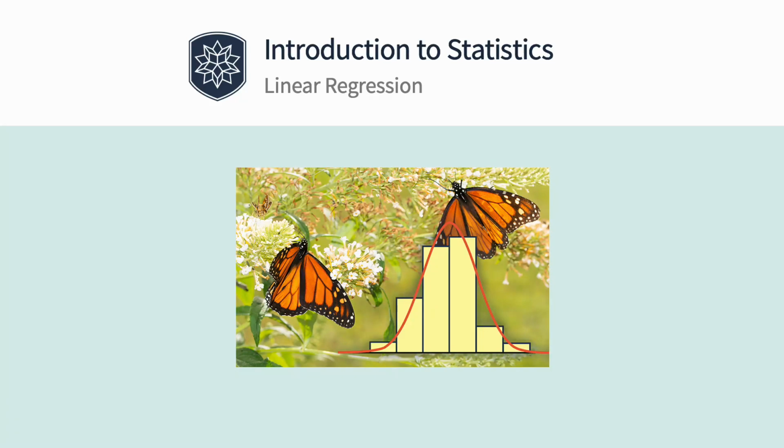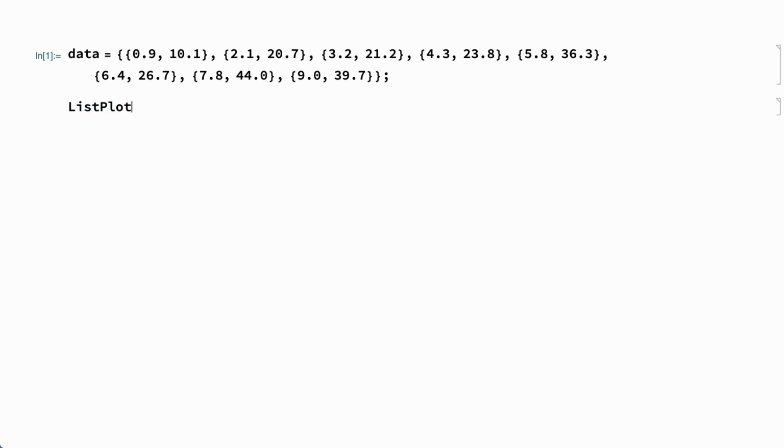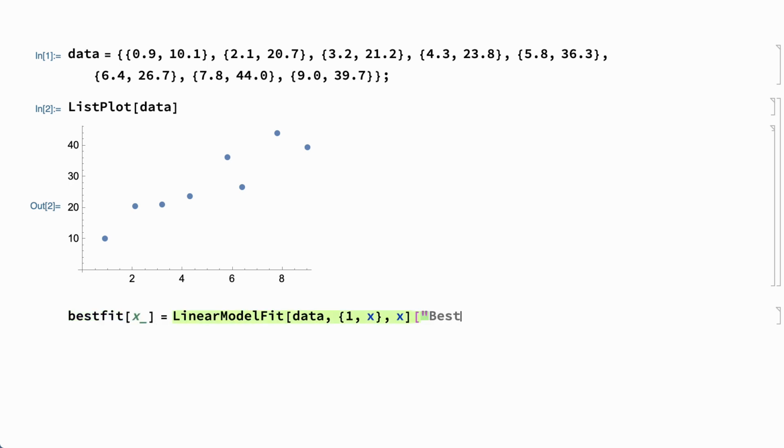Linear regression is a way of modeling relationships between quantitative variables. For example, here is data consisting of pairs of values in a scatter plot of the data. Modeling this data means coming up with a formula for estimating one variable as a function of the other. This input uses the LinearModelFit function to model the data using a straight line, and here is a